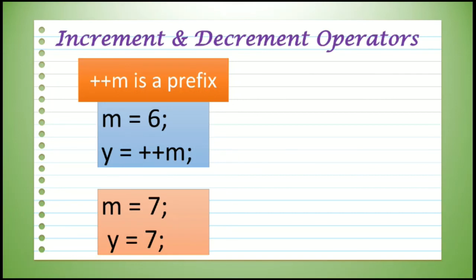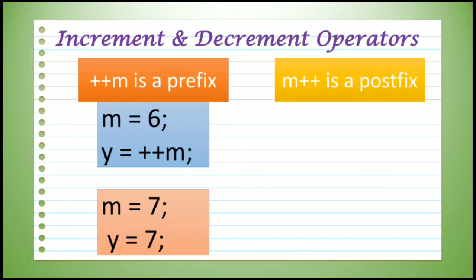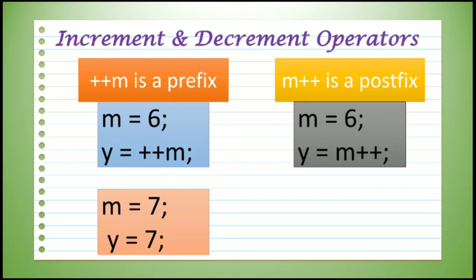Now let's see what will happen if we use the postfix operator. m plus plus is a postfix operator which first assigns the value to the variable on the left hand side and then increments the operand. For example, m equal to 6 and the next statement, that is y equal to m plus plus. In this case, the value of y will be 6 and the value of m will be 7